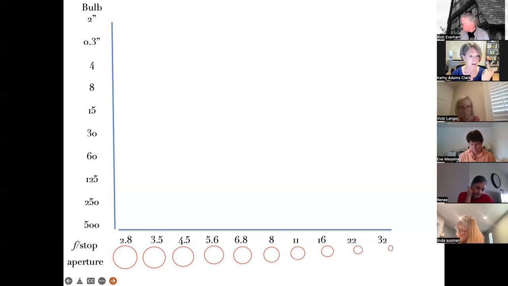So the light coming through the lens starts out with a big aperture, so a lot of light comes through. And as you move through the scale, that aperture closes down and closes down to where very little light is coming through. And that's in your lens, not in your camera, in your lens. And then physically,